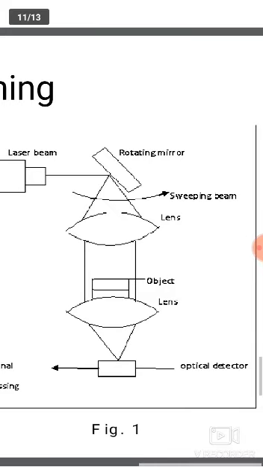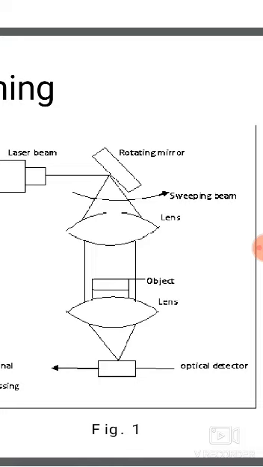In the scanning process, a laser is used to produce a continuous thin beam of light. A rotating mirror deflects the beam so that it sweeps across the object to be measured. So from the mirror the rays fall, sweeping. See here, the beam sweeping. From the mirror it sweeps the beam and falls on this lens. The light sensor that measures is located at the focal point.